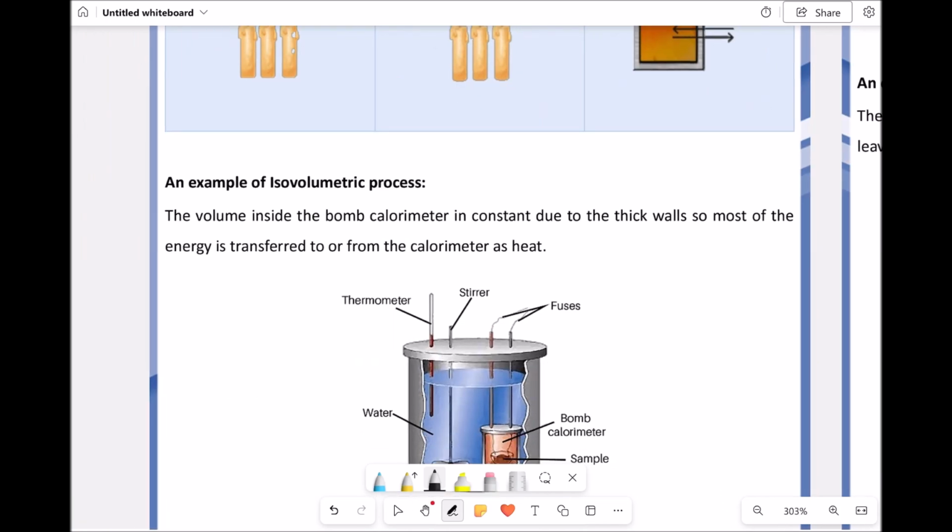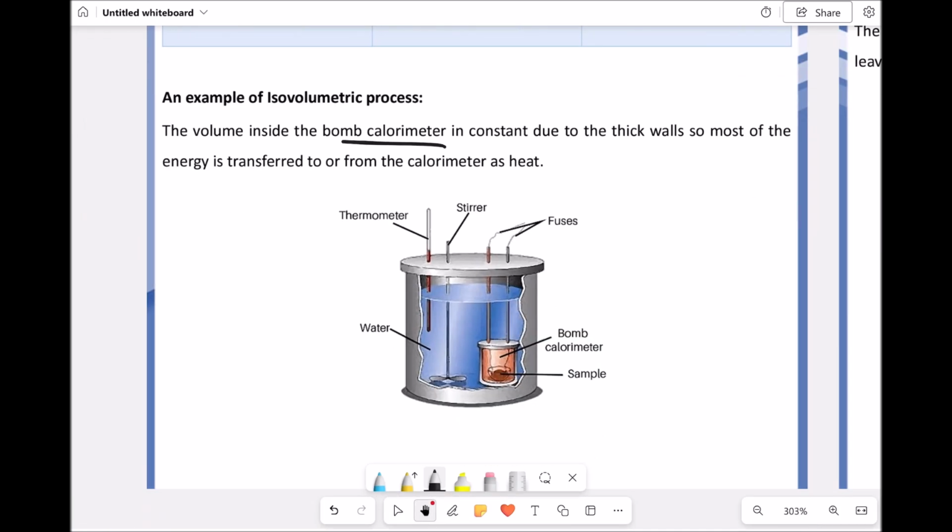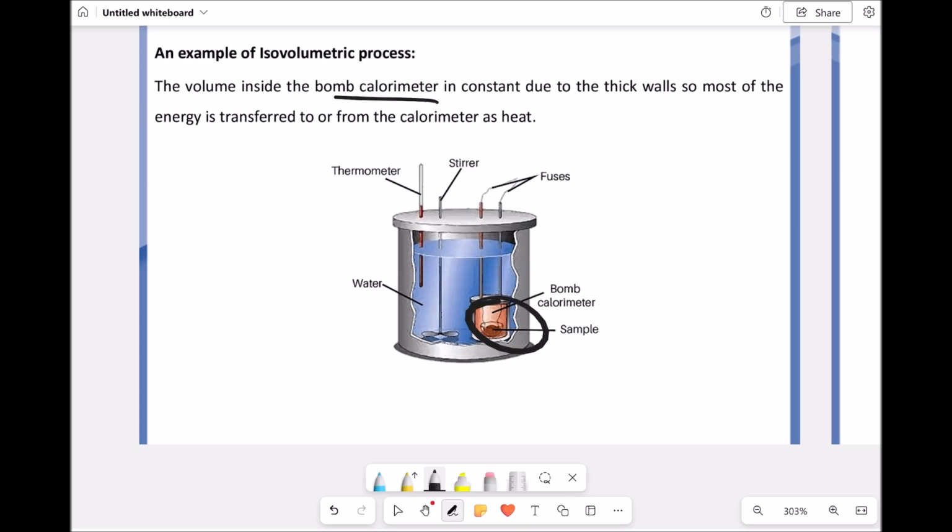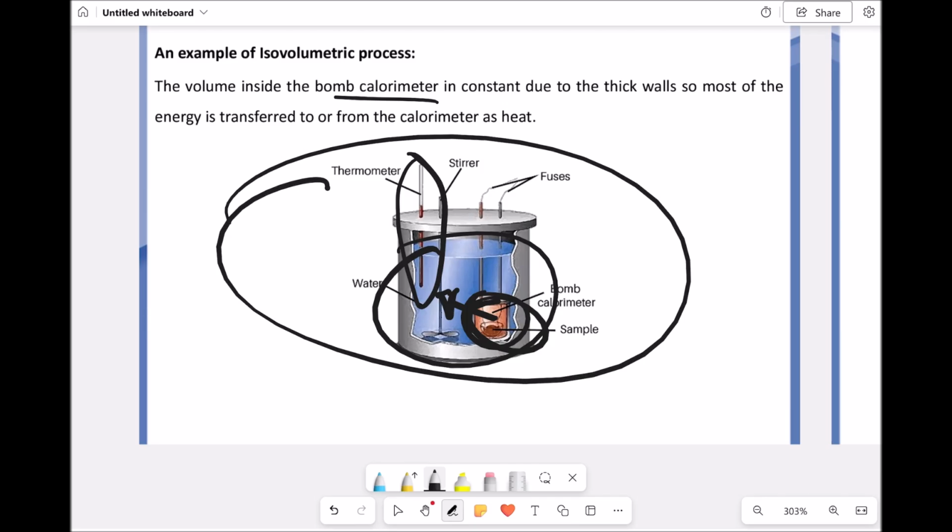An example of isovolumetric process is a bomb calorimeter. You basically have a sample burning here. You have a sample here, and this container is filled with water. When this sample burns, it's going to transfer heat to the water. Then we're going to calculate the change in the temperature of this substance. During this process, there's going to be no change in the volume of this container. So a bomb calorimeter, as we have studied in section 2, is